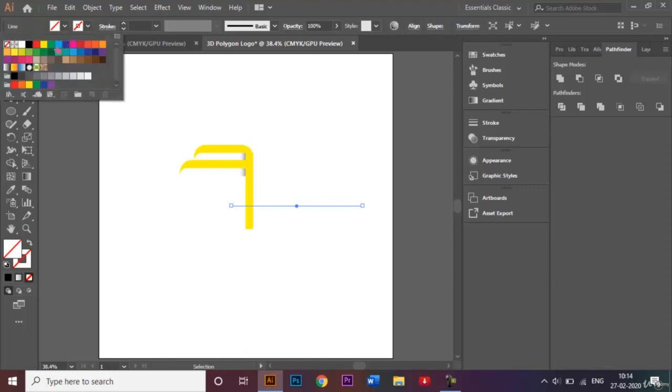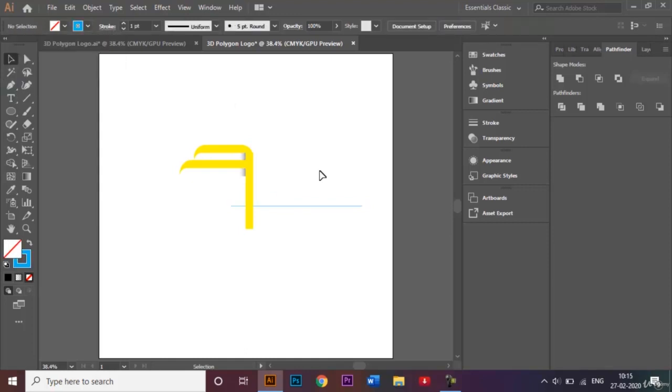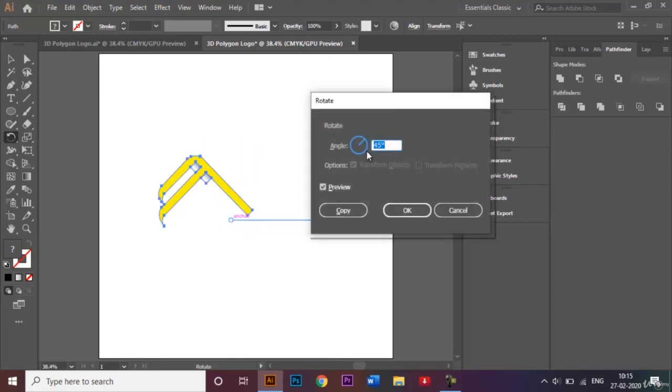And I do need the stroke. I accidentally removed the stroke of that. And I'll just bring this a little down. Okay. So what I'm going to do is I'm going to rotate this around. I'm going to rotate this shape along with the shaded portions along this path right here. Right. I'll go ahead, select this. Go to the rotate tool right here. Click on Alt and bring this light blue shape over here to this anchor point and change the angle to